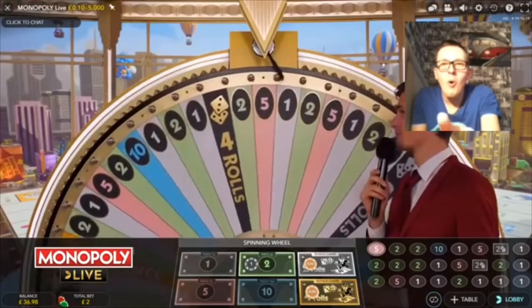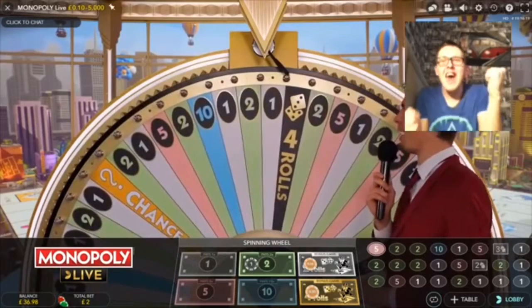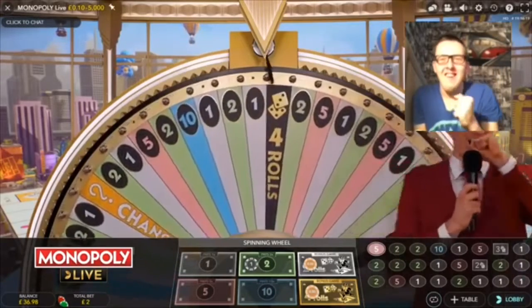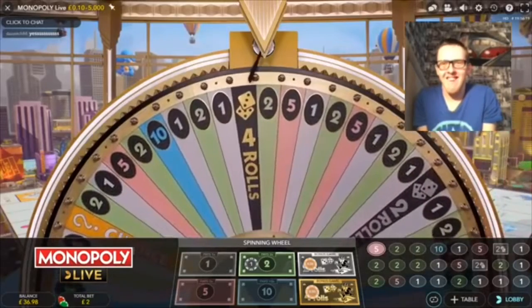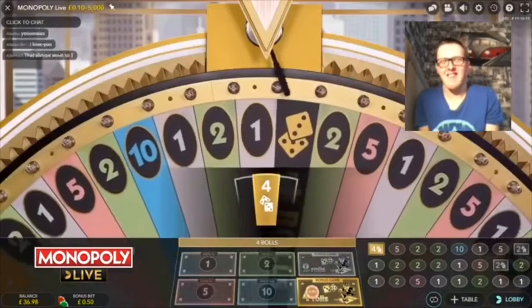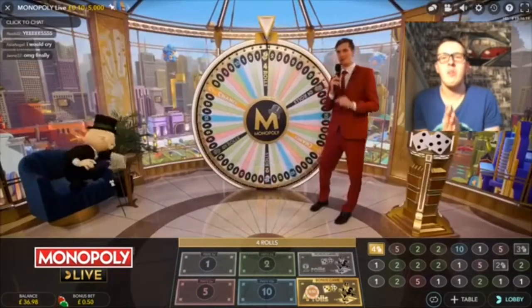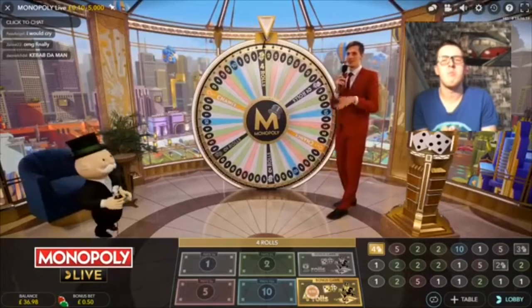Is it 4? No, it's going to go. Yes! You've done it! There we are, we've got 4 rolls. Fantastic. Now this is the big one. Okay, here we go. We haven't got a multiplier going into this, but we have got...